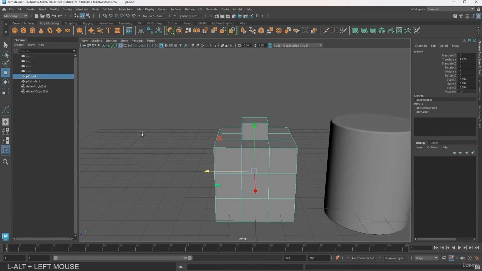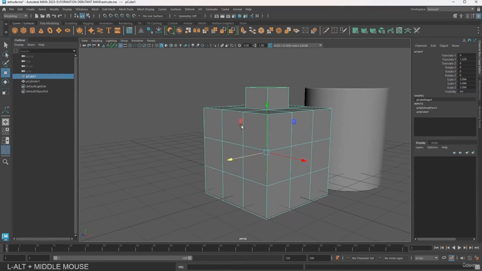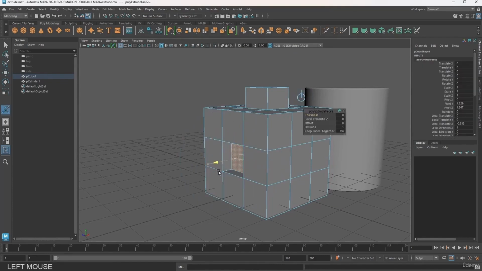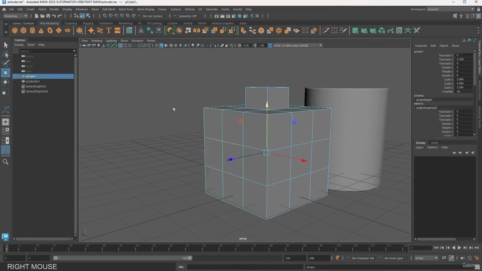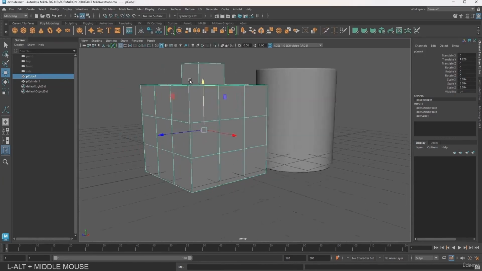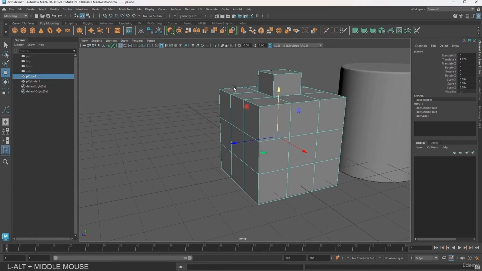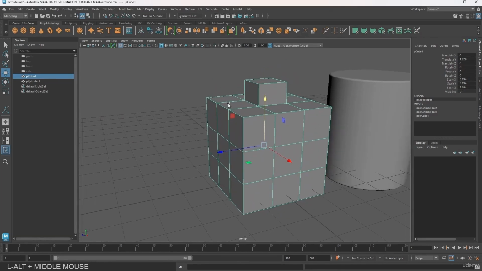The second way, which is much faster, you'll see, I'll show you again how I did it just 2 seconds ago. Meaning I took a face and either did shift right click to extrude the face, or I can click on it and then I do my extrusion. I personally have a different approach to this way of doing it. I also use it this way, but when I want to go fast, because you will see that we will use the extrusion a lot,